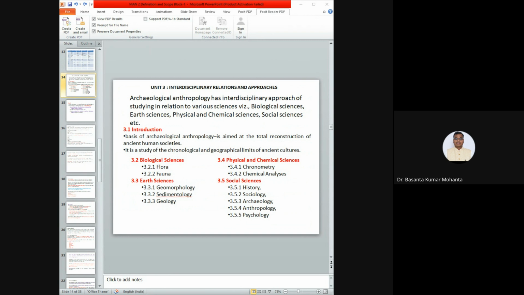Similarly, cultural anthropology is to study the origin, evolution, distribution of culture. How the cultural elements, cultural components are different from one to another, how they evolve from one time period to another, how they are distributed from one to another, helps us to know the evolution of past culture. So if we see the interdisciplinary, we get the relationship, the connection of archaeological anthropology with biological anthropology, with cultural anthropology, and in a similar way, with linguistic anthropology.